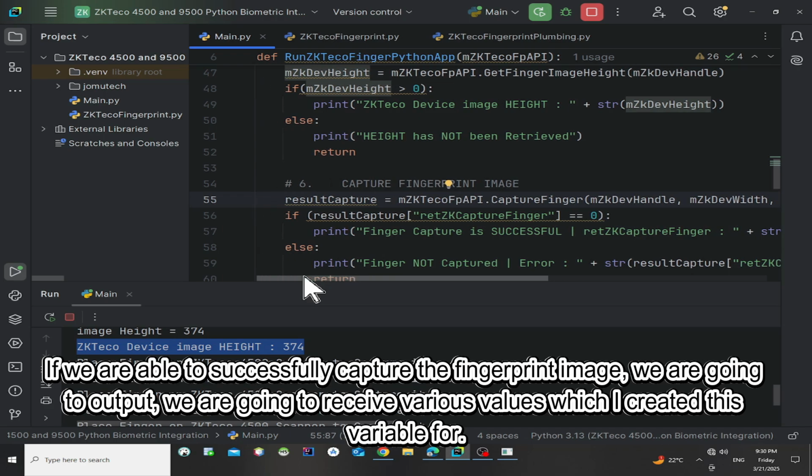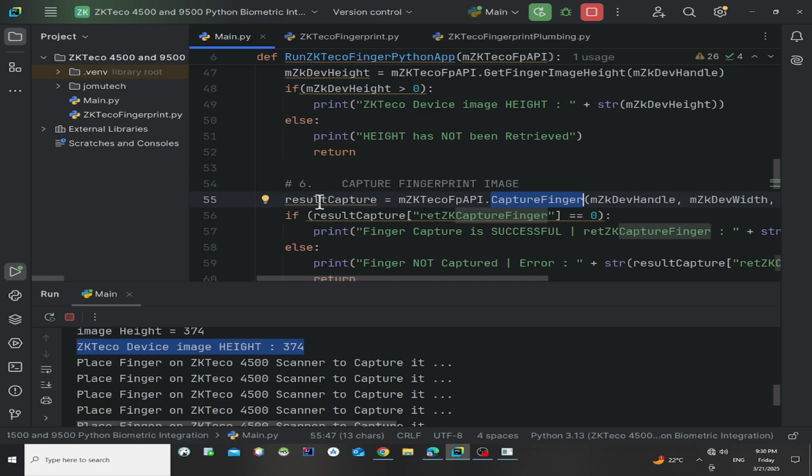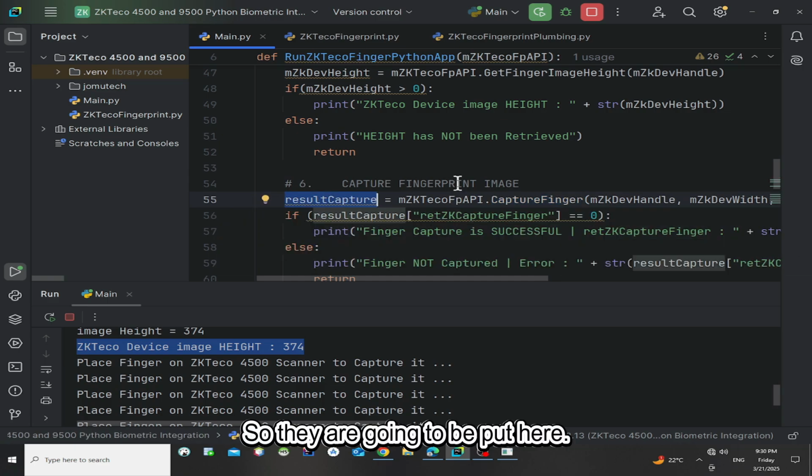If we're able to successfully capture the fingerprint image, we are going to receive various values, which I created this variable for. So they are going to be put here.